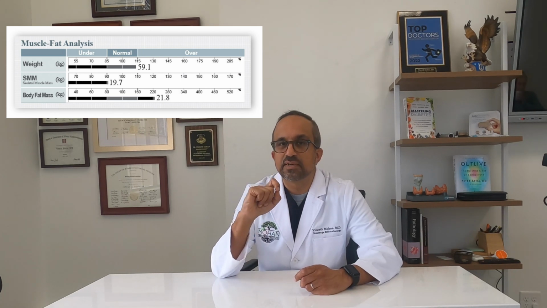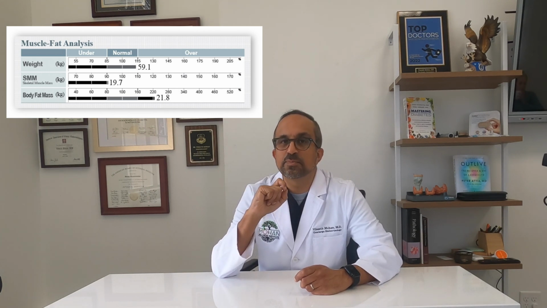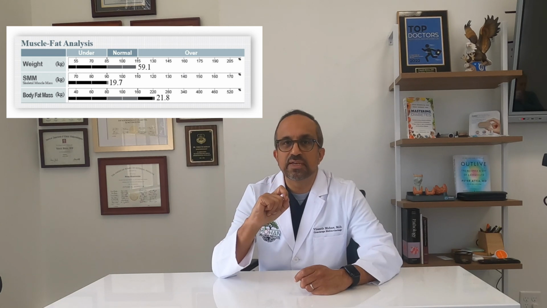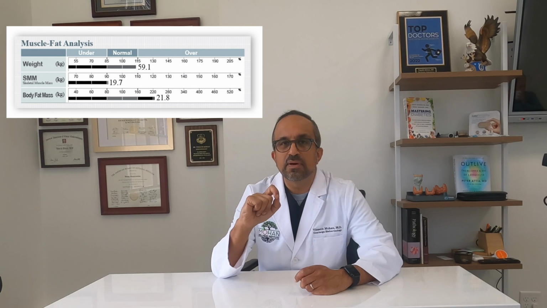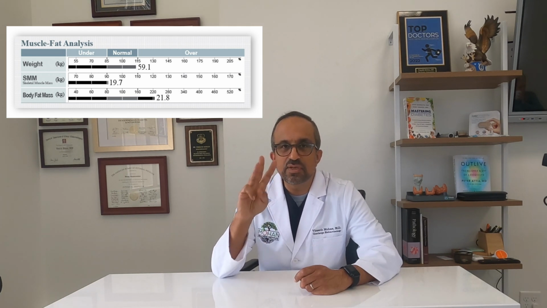Above this is a percentile. The range provided in the middle represents a healthy range adjusted for height and sex. The 100% mark is considered to be the middle of the healthy range for someone of your own height. When we look at these 3 bars, weight, skeletal muscle mass, and body fat mass, we can see 3 distinct